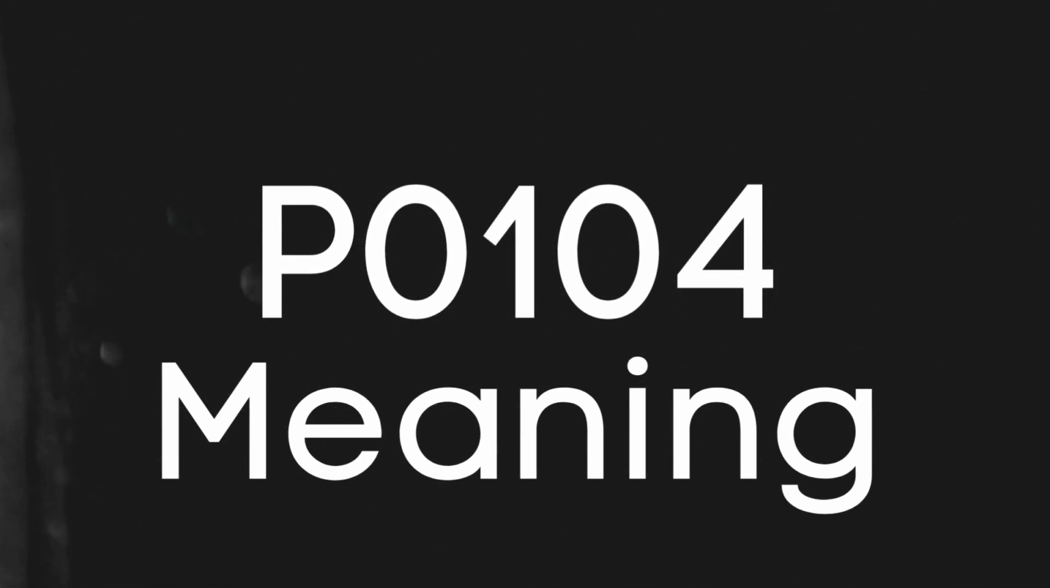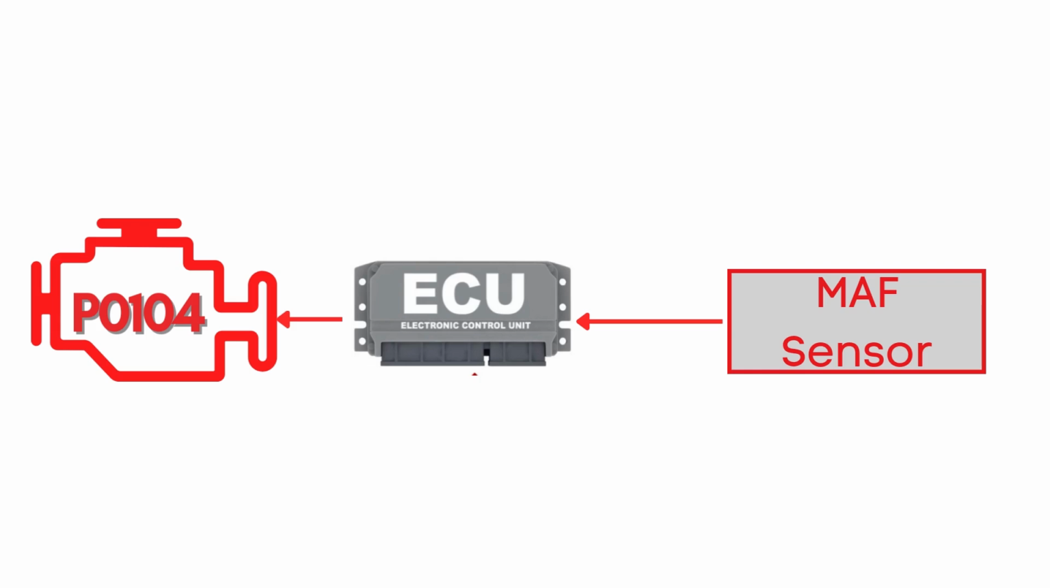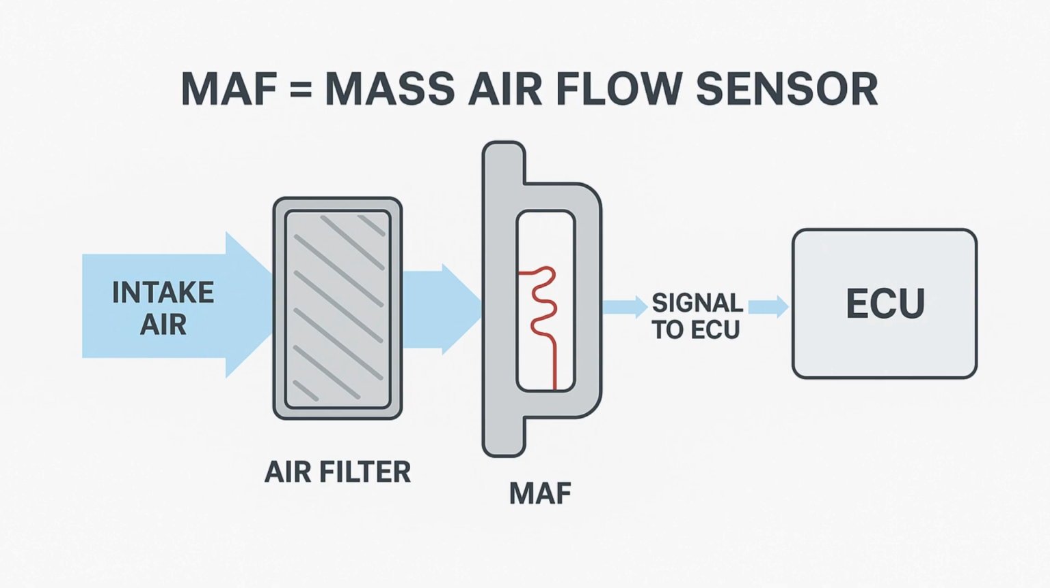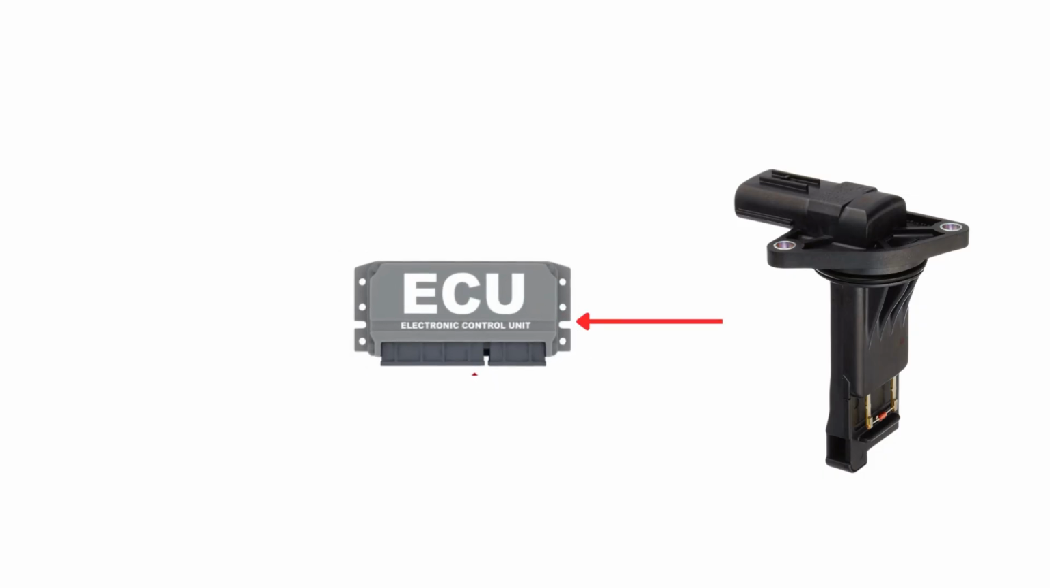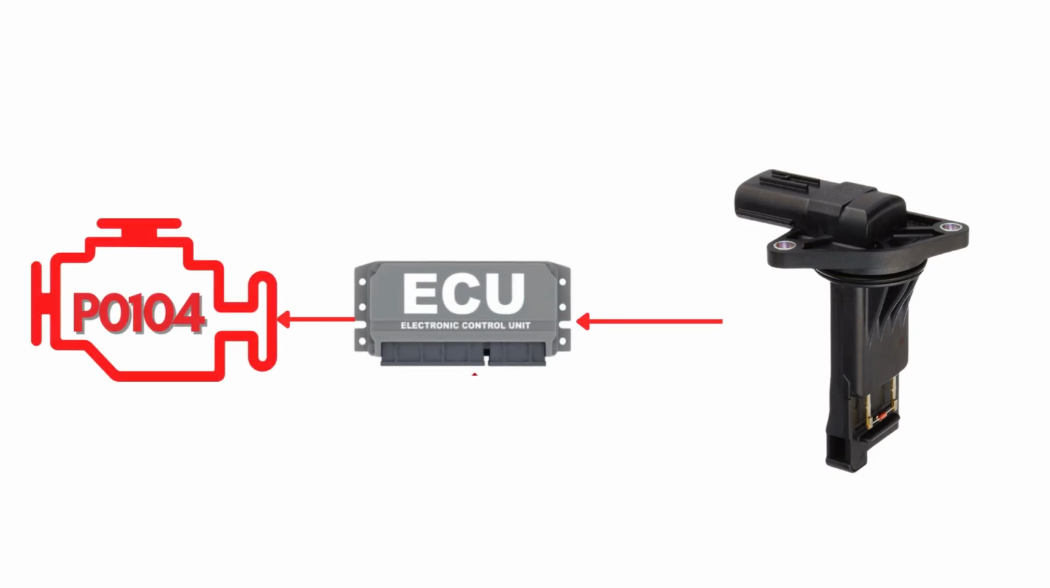P0104 code actually means. This code gets triggered when your car's engine control module, or ECU, detects a problem with the mass airflow sensor signal. If the MAF signal becomes sporadic, unpredictable, or intermittent, the ECU can no longer accurately measure how much air is entering the engine. And when the ECU can't trust that airflow data, it flags it as an abnormal reading. That's when it throws the P0104 trouble code, letting you know there's an intermittent fault in the MAF circuit that